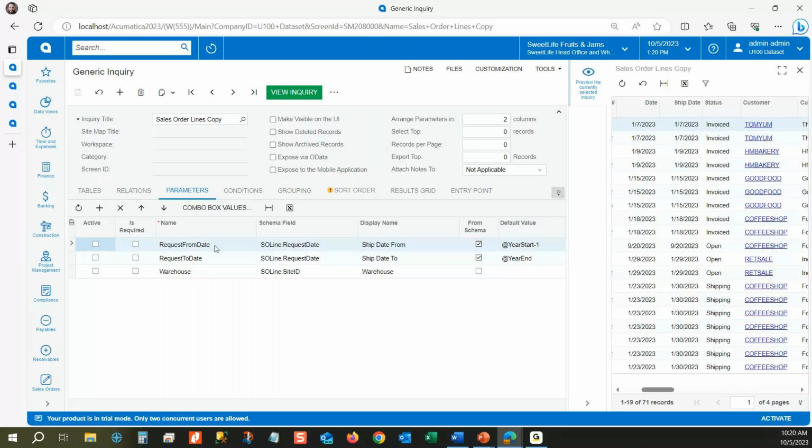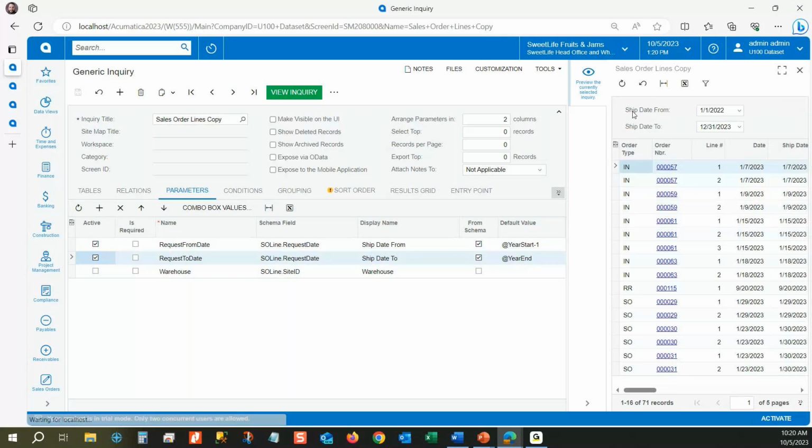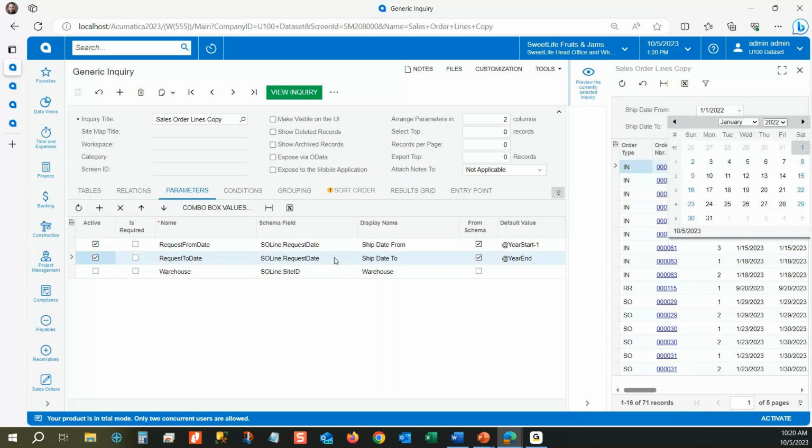And so first you're going to see the display name. That's the name that the user visually sees on the other end, ship date from. And the schema field that I filled out was the request date. So that's how I'm telling Acumatica that this parameter needs to show me a date or a calendar field, right? So when I click that field, it's going to give me this calendar to do filtering and sorting on the